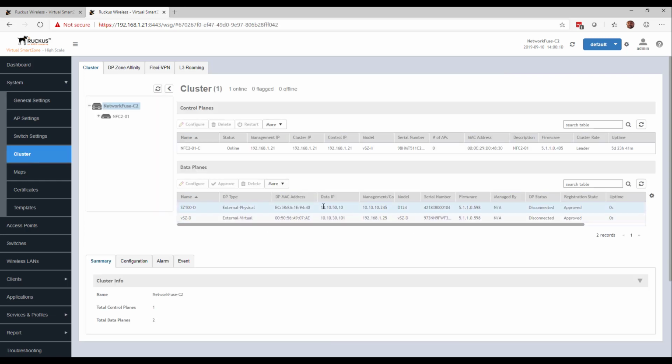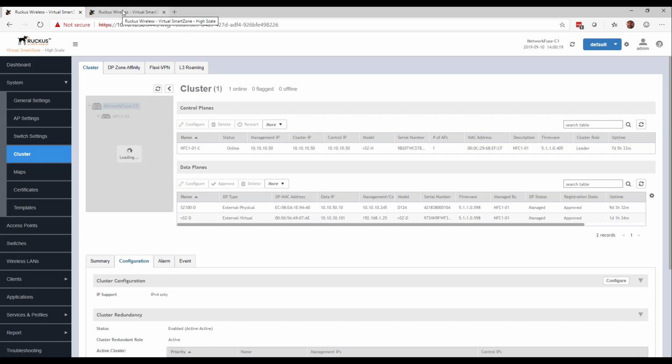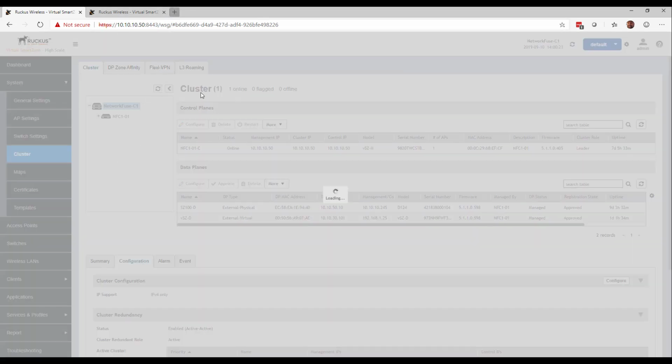So you'll see it's already seeded the data planes. They're disconnected, obviously, because they are on the primary currently, but they will go over in the event of a failover. So what I'm going to do is go into my VMware environment